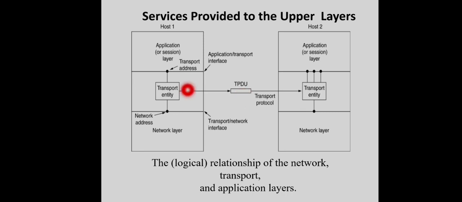The actual communication between the transport entity of the sending machine and the destination machine is done with the help of four different addresses, two pairs of addresses. Those are the port number or port address of the corresponding application within the sender machine, together with the IP address of the sender machine, plus the port number or port address of the destination process, plus the IP address of the destination machine. So these four items together form the address of the entire communication, right? That is the source IP, source port number, destination IP, destination port number. These four together form the communication.